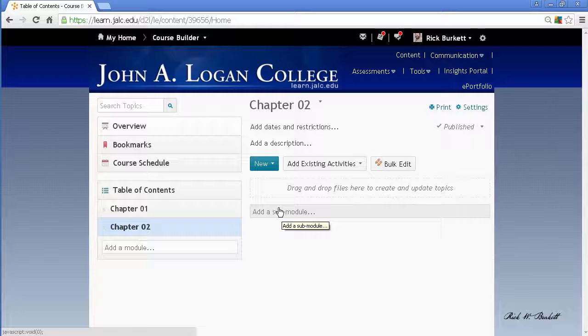Say you've got an English class and you've got 4 major papers or something. You may want to create just 4 modules, 1 for each paper, and then within that you may want to create a week 1, week 2, week 3, however you structure your course. But if you do need to add any submodules, you would just click in here, and I'm going to call this one Part 1,